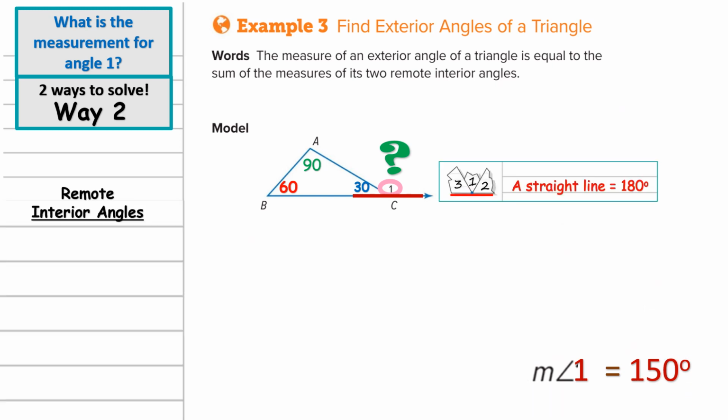So now I'm going to show you a second way to find out what that exterior angle is for the measurement of angle 1. Now we've already found it. I'm going to keep it on this slide just so you can see that that's how we're going to get to it. But I need you to start by taking a note, and this is the biggest note of this